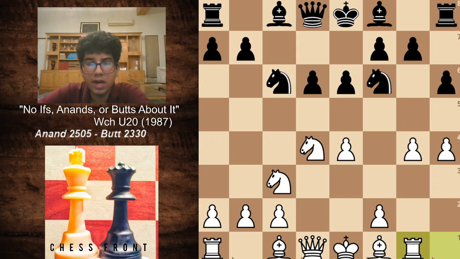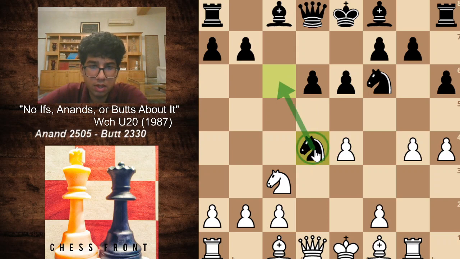Over here, knight captures d4 was played. So it's a bit of an odd move. It's a dubious move because usually you don't take over here. You usually either your opponent takes over here or he plays some other move like a knight to b5 or knight goes back here. But Pakistani players are often known to make such moves and get away with it.